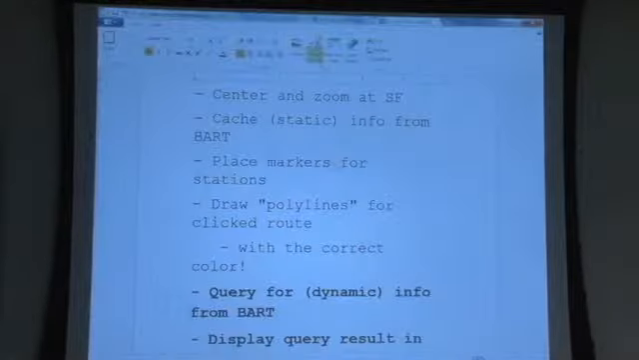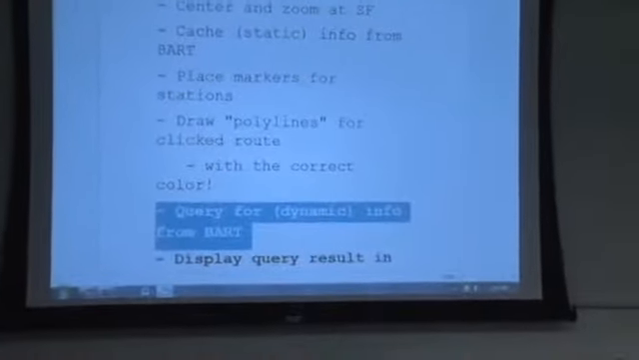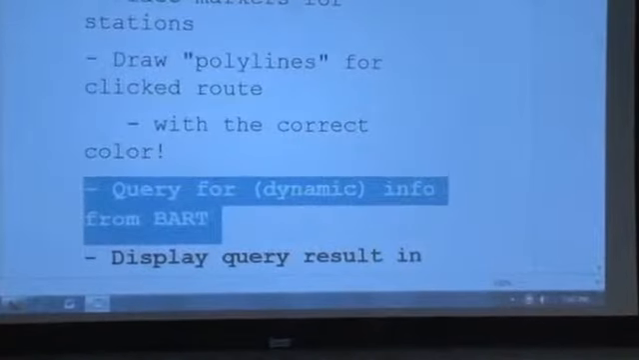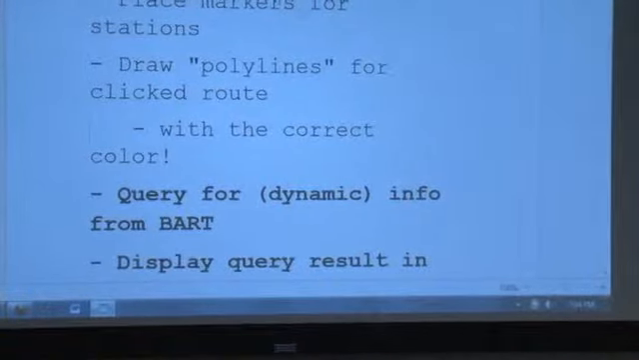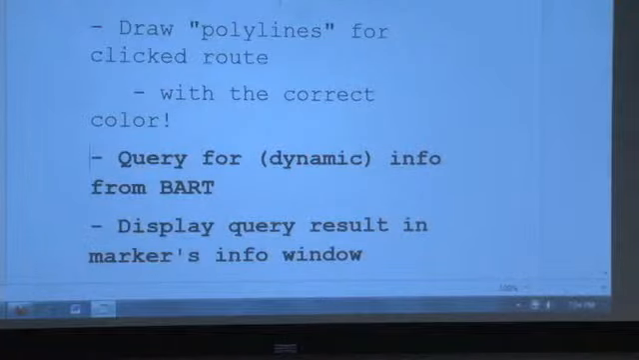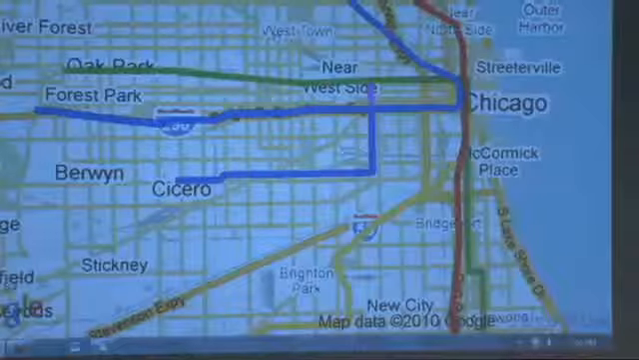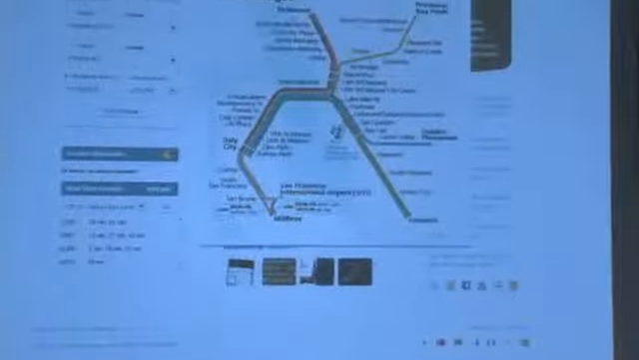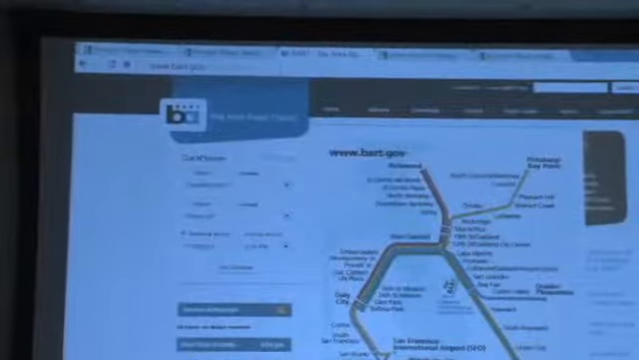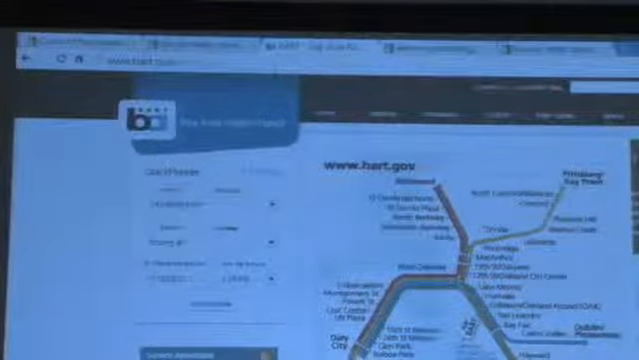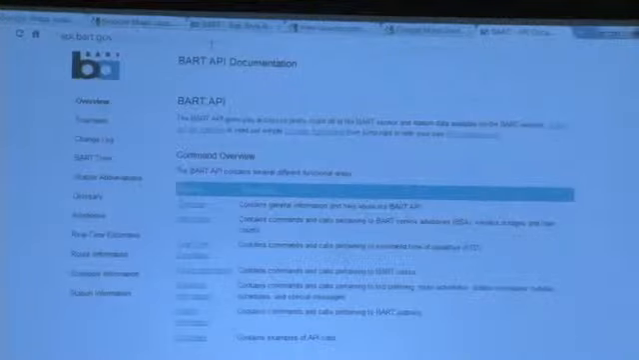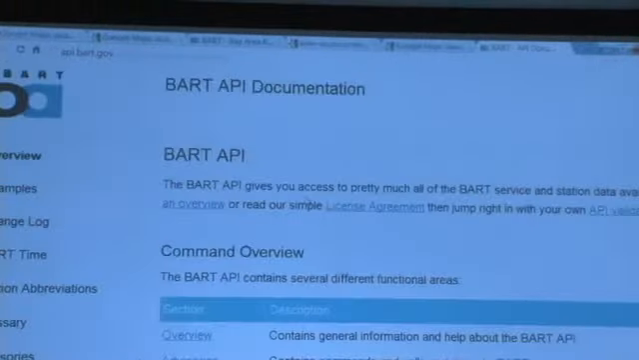Okay, so the last thing is to query for info from BART. Is that the last thing? No. Yeah, query for information from BART. To do that, we will have to go to the Bay Area Rapid Transit website. Let me see. I don't know why this doesn't work. And so the website is